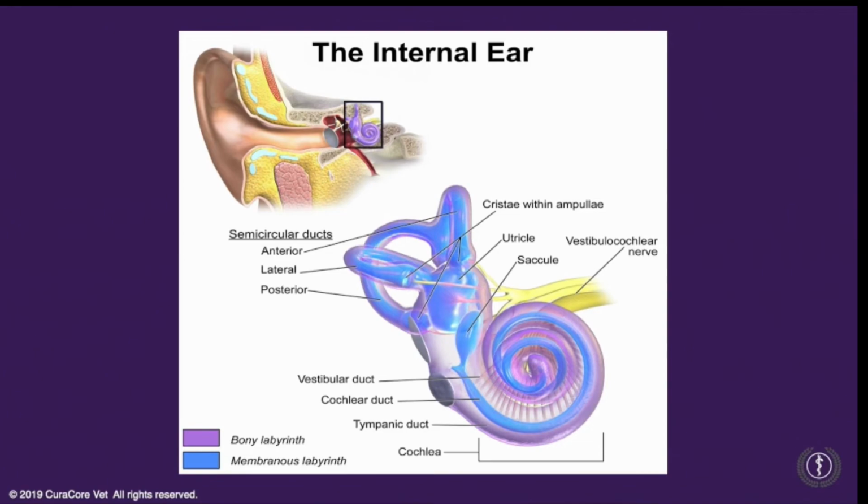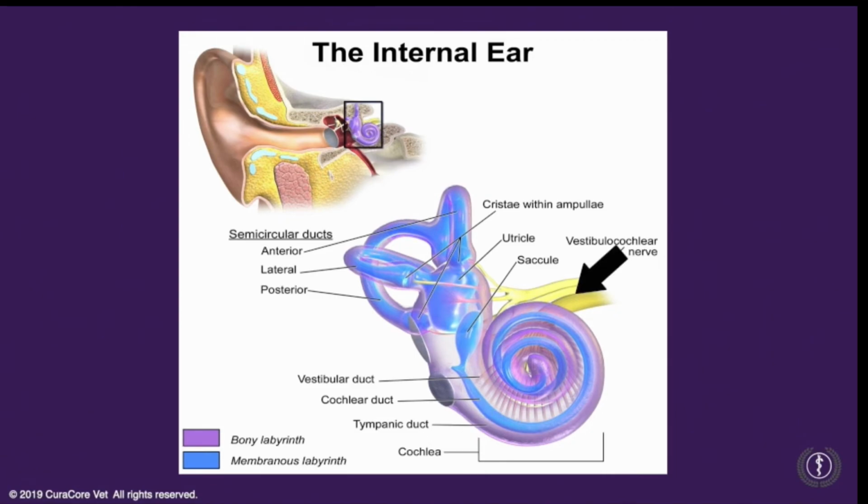With the inner ear, we have the semicircular canals, and we have what's called the horizontal canal, or lateral canal in dogs. The anterior canal is called the rostral canal in dogs, and then the posterior canal in people is called the caudal canal in dogs. Then we have the utricle and saccule that are here. The bases of the semicircular canals are a little dilated, and that's the ampulla. And then we have the cochlea, which is responsible for hearing.